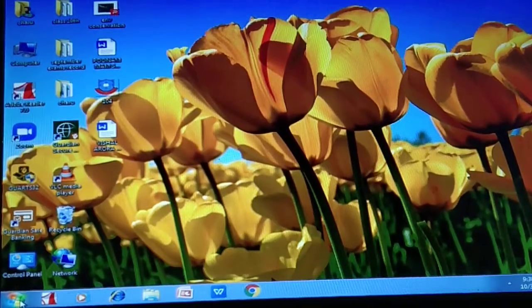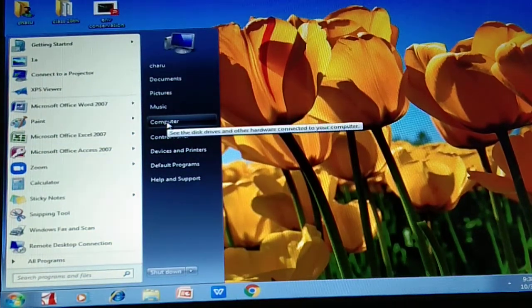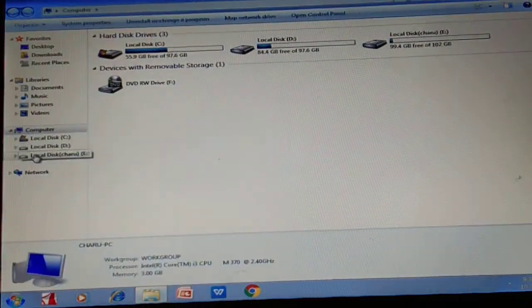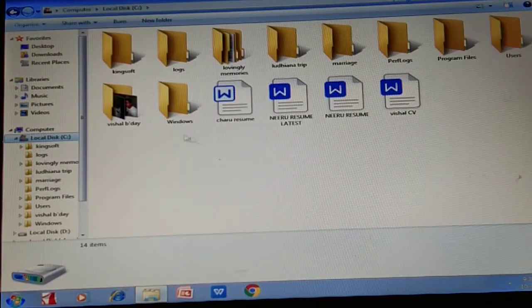Students, if you want to change the size of the files and folders, you have to first click on this button. After that you have to click on the computer button. After that you can click on local disk C. Here there are various types of files and folders.